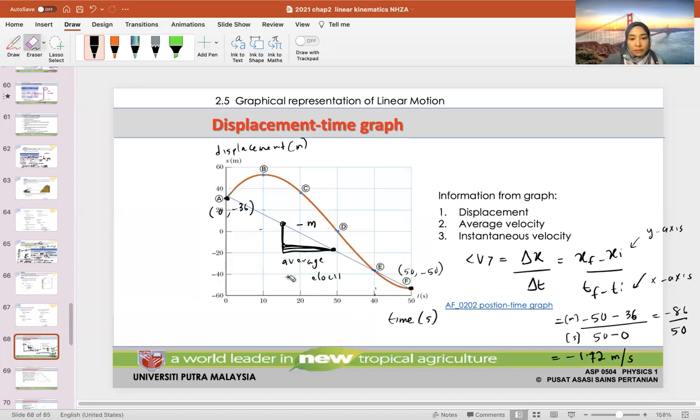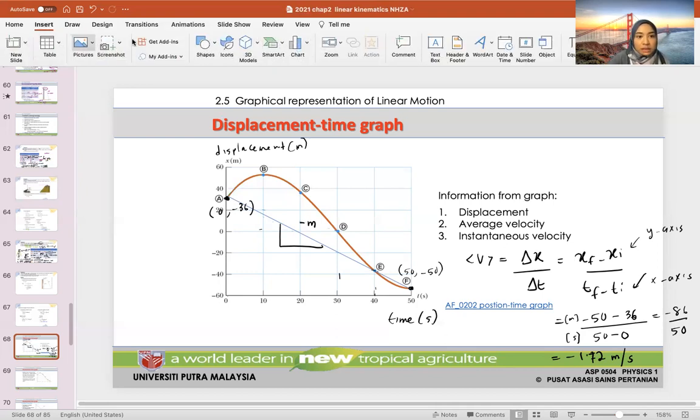Okay, now we talk about instantaneous velocity pula. So you will get a negative gradient for the average velocity. And for the instantaneous velocity, I told you before, it is the velocity in a short duration of time. It's not the total duration, but a duration that is shorter than the total duration. So let's say I want to know, what is the instantaneous velocity from B to C? I would connect it first from here